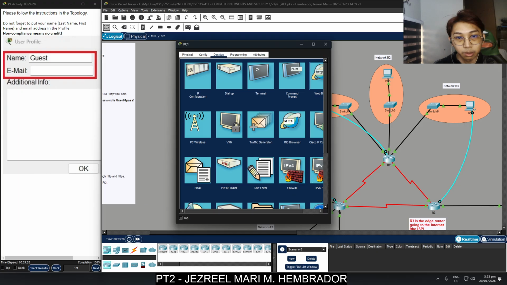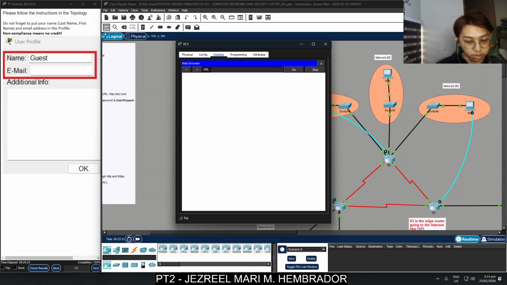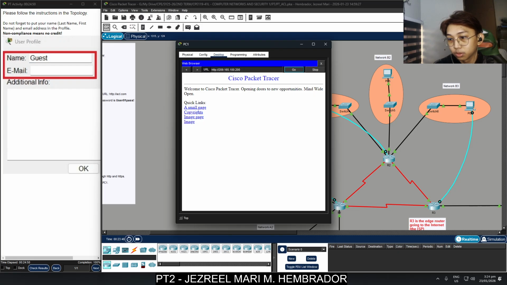So we're going to the web browser, and we're going to type http://209.165.100.200. The web page loads successfully, confirming that our surf_out and surf_in rules are allowing legitimate traffic while protecting the edge.